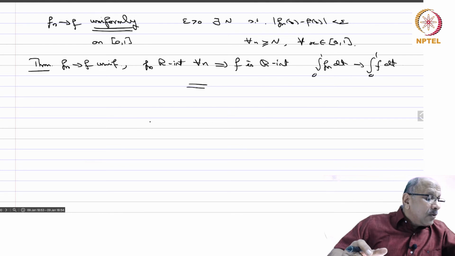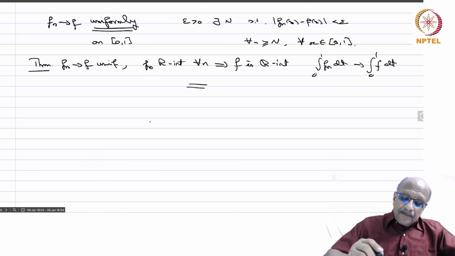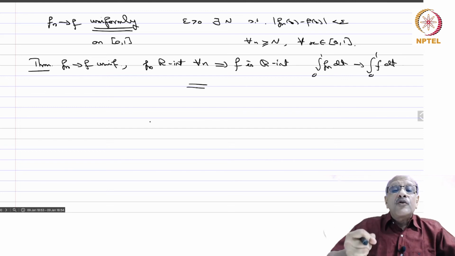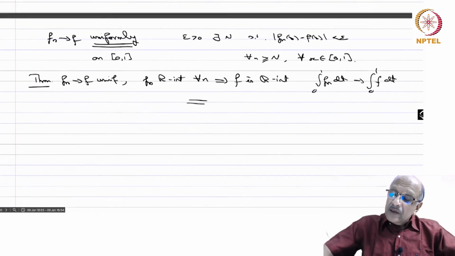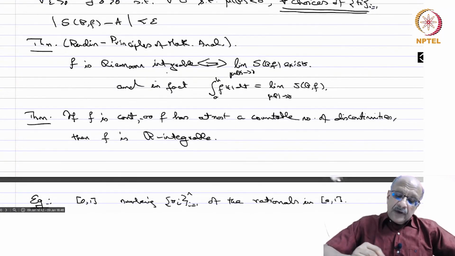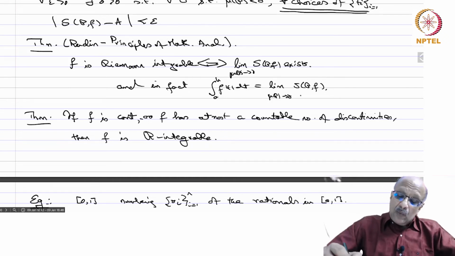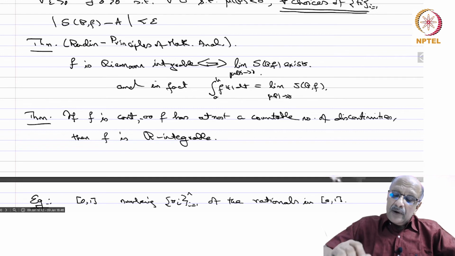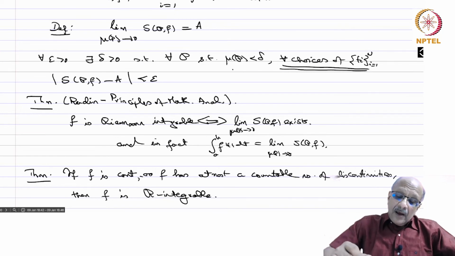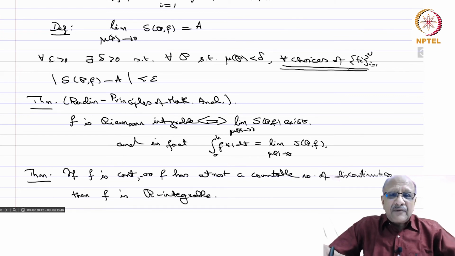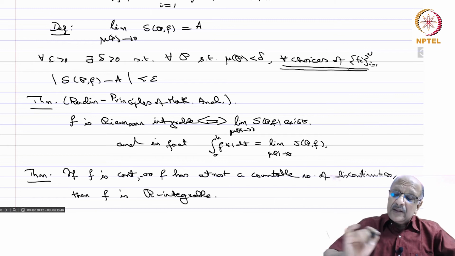Now, the way the Riemann integral is defined, a certain amount of continuity is forced into the theorem, because we have the following theorem here. F is Riemann integrable if and only if the limit of S_P F exists. So we want, for the function to be Riemann integrable, S_P F to exist. Now what is S_P F? It is the sum for all choices of points. So if you take mu P going to 0, so for small intervals Ti, if you change a point a bit inside the subinterval, S_P F should not change too much, because otherwise the limit will not exist.